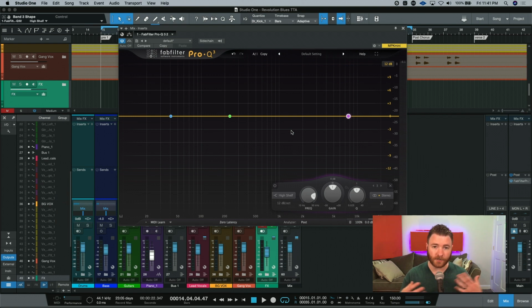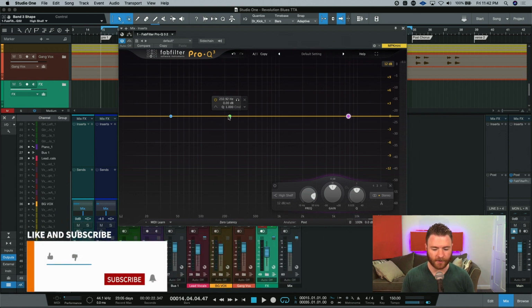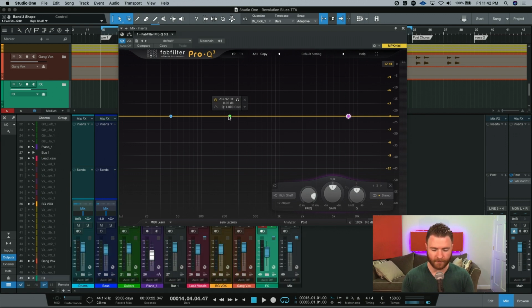Too muddy is a buildup of these frequencies, and we're going to be looking in the 150 to 500 range. Yes, it's our low mids and the top end of our lows, but there's no exact frequency. It's all dependent on your mix. But I'm just going to give you an example here. I have something set at 232 hertz right now, and I'm going to really push it out in this rough mix I have going on, and you'll hear the mud.